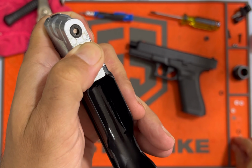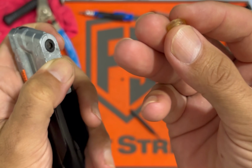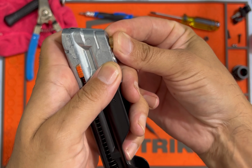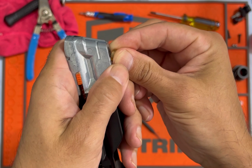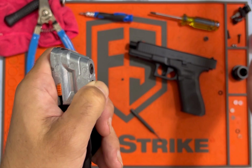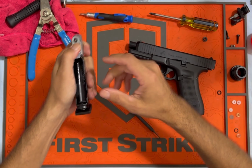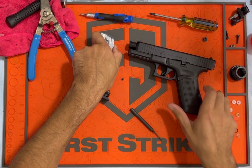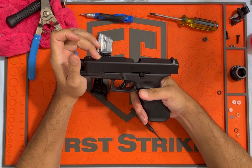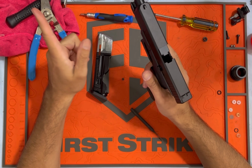These aren't, this is from an FSC. This is a CO2 seal, but when these two meet up like this, the CO2 escapes and blows back against this seal, which blows your slide back. That's your blowback action. With the mods that I've done to this already, this thing was blowing back hard, like way too hard. So